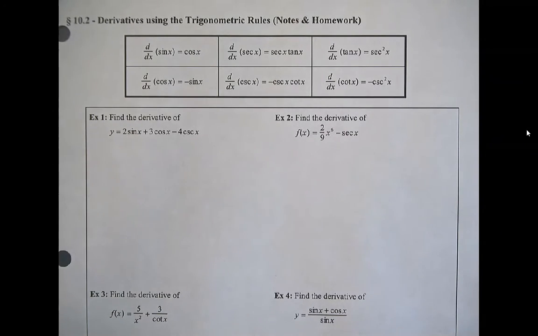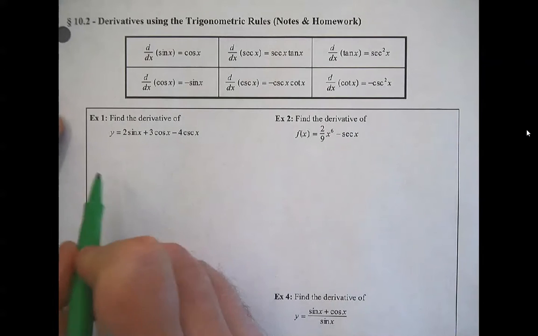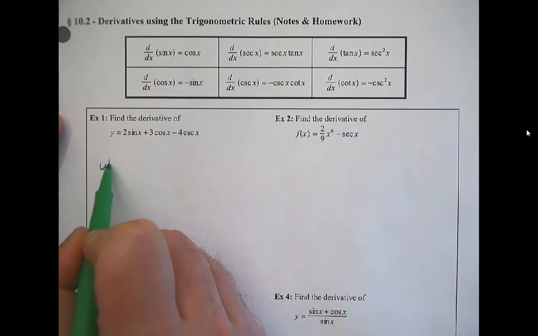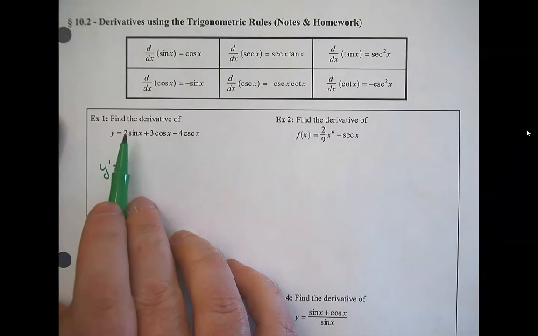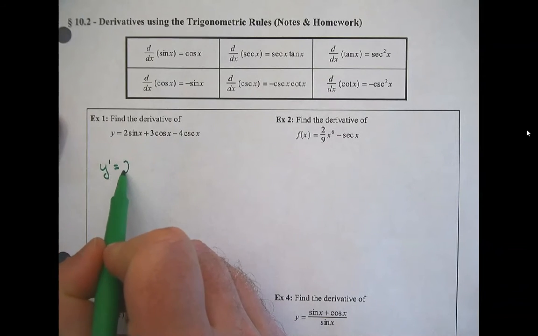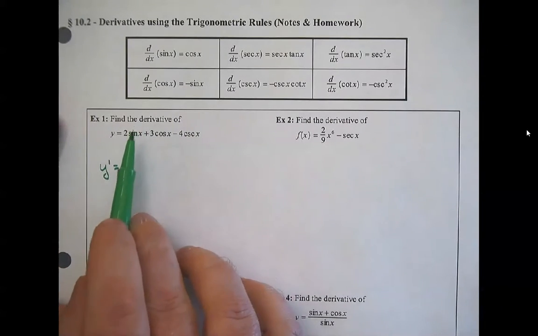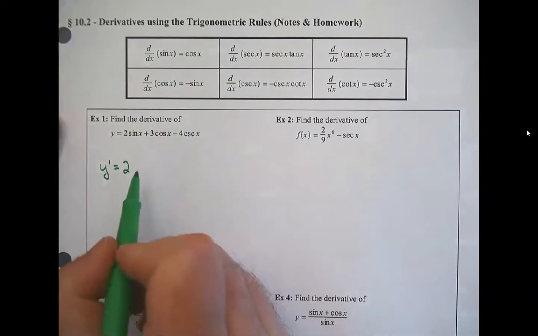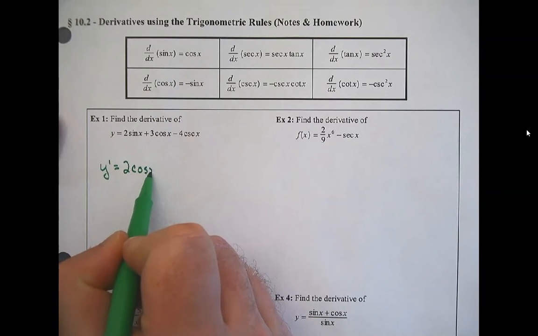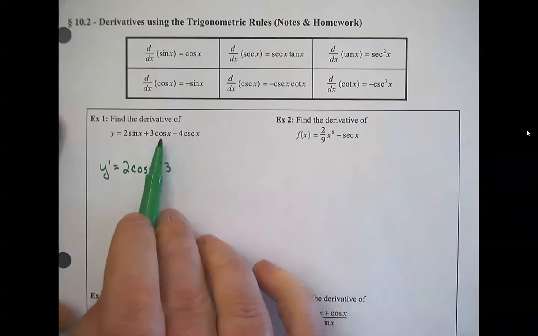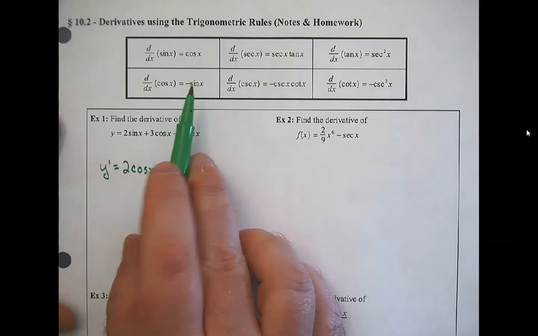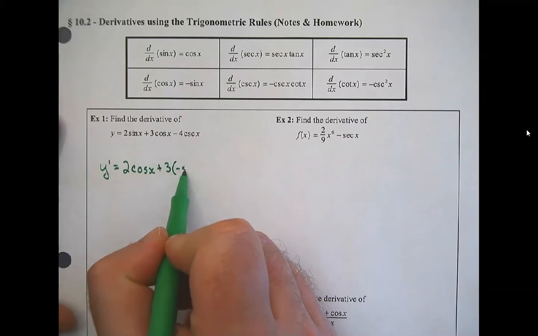So let's start deriving. We've got our function y equals 2 sine of x plus 3 cosine of x minus 4 cosecant of x. If I want to find the derivative, that would be y prime equals, now this 2 is just a constant, so that means it's going to be part of my derivative as well. The derivative of sine, I look up above, is cosine, so I get 2 cosine of x plus 3. Then I look up above, the derivative of cosine is negative sine, so I'm going to rewrite this as negative sine of x,